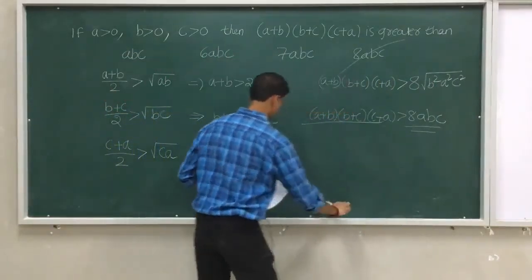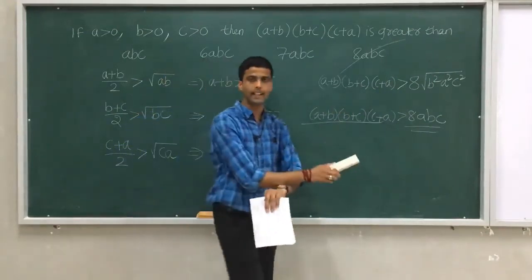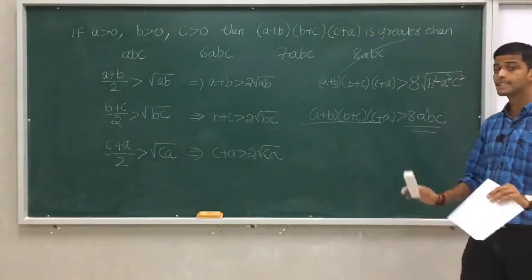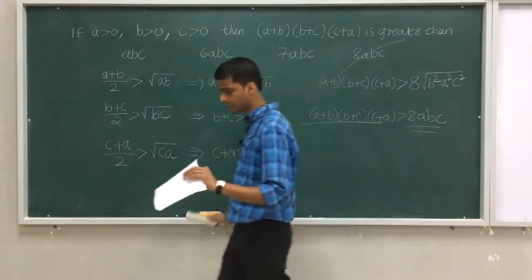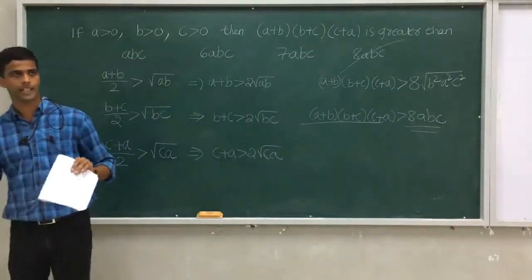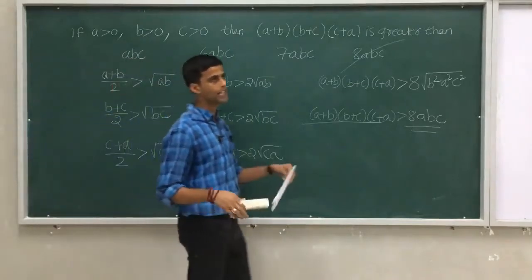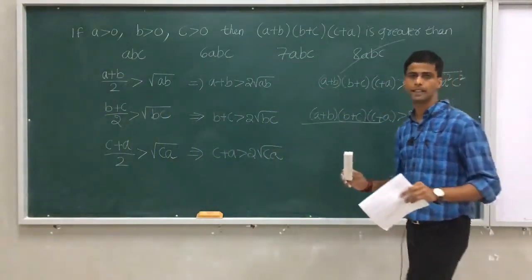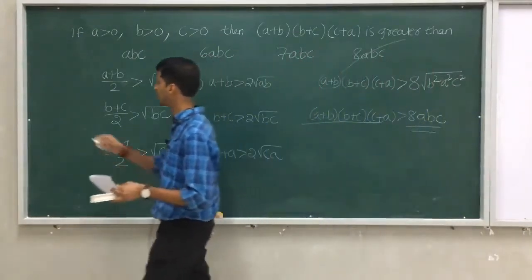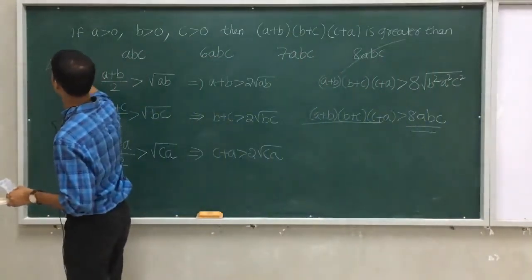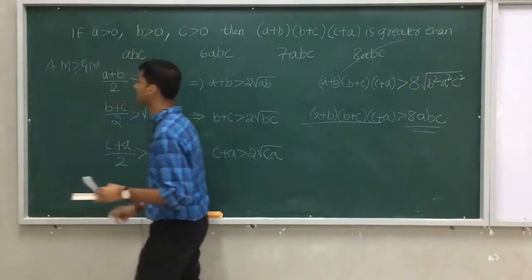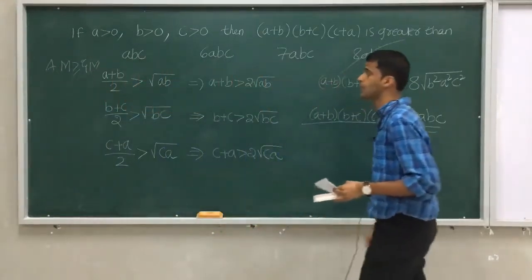So we learnt in theory class what the inequality is, that is arithmetic mean, geometric mean, but we never studied where to apply and how to apply. Look at the application of arithmetic mean being greater than geometric mean. There are many questions you will get in future where you will study that arithmetic mean is always greater than or equal to geometric mean.